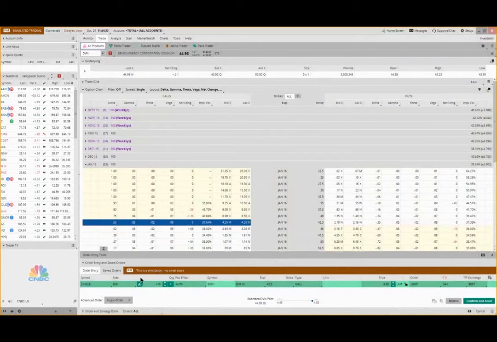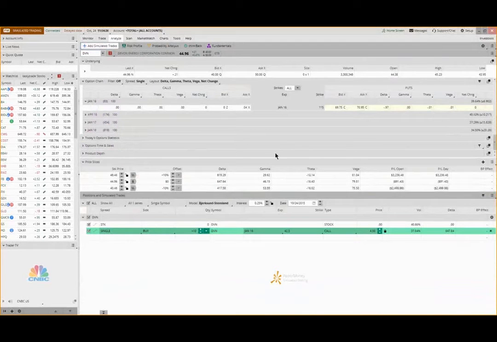And let's throw this on our Analyze tab, okay? So there's a couple of things I want to show you with just a straight call here. First of all, it is going to cost you $4.50 or so, okay, for that 42.5 January call, $4.50. Now look at the theta decay. Theta decay, we'll call it 16.5, a negative 16.5. So if DVN, after we purchased this call, just consolidated sideways, didn't really move anywhere, with every day that goes by, we are losing money on this position, okay? Now, how do I reduce my risk?